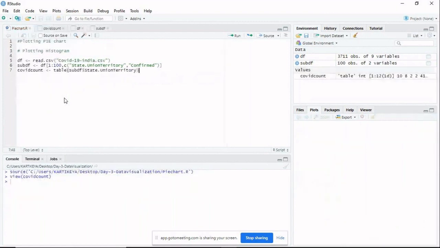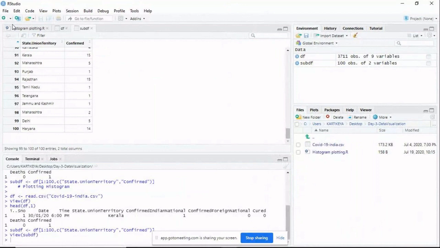Okay, now another way of doing it is, if I want to plot, see what I'm doing here is converting the data frame into a table. In this particular example, subdf from the main df, how we created subdf is by taking 100 rows and 2 columns, or 2 header names. From this, I want to calculate a summary of how many different states are present and list it out. So I am going to the previous